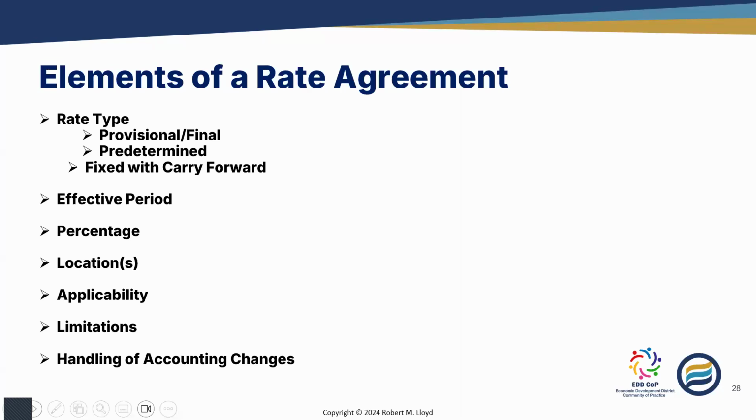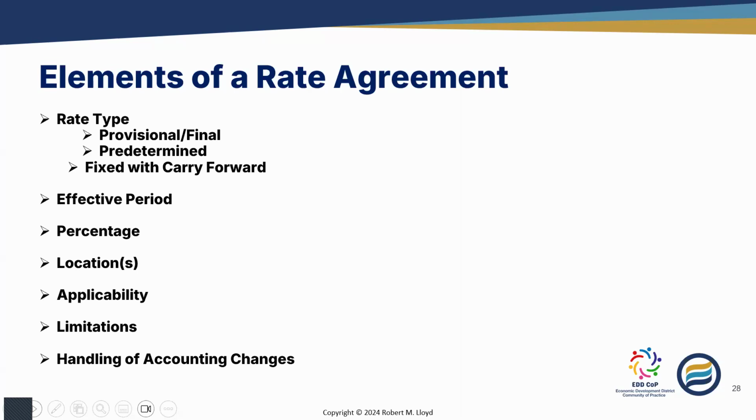Now, not surprisingly, federal agencies will use this arrangement with organizations that have a significant and stable federal funding base. And so state governments, colleges and universities heavily engaged in research, those types of agencies are the ones that get fixed rates with carry forward. If there's been a lot of fluctuations in an organization's indirect cost calculations, it's probably not something that's going to be allowed to be used under those circumstances.